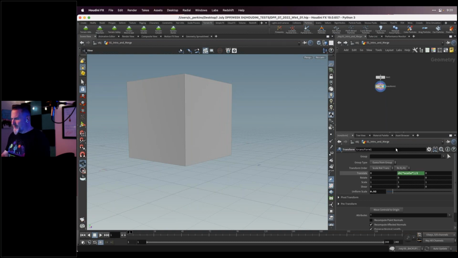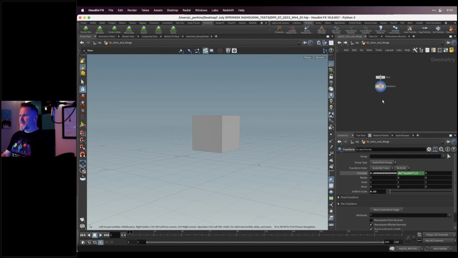Now again, the flexibility here. Let's say I move this over to the left a little bit. There we go. So I've done some stuff on this transform node. And one of the powerful things about Houdini and these nodes is that it's procedural, and you'll hear that a lot. That just basically means that it's very flexible because nothing is baked in. Typically, we don't do that in Houdini.